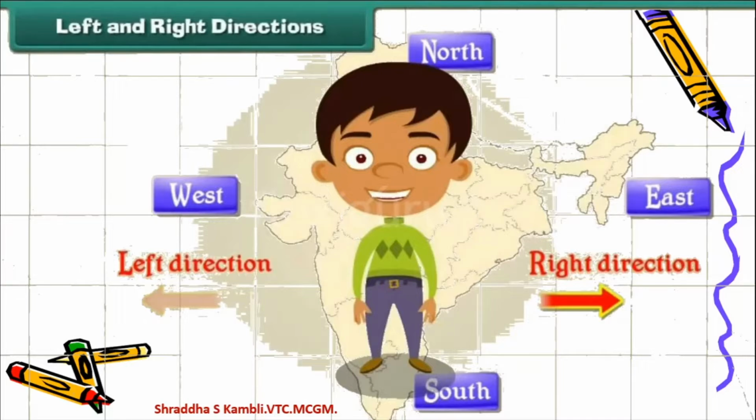But when you look at him, when you look at from his angle, the way he's standing and looking at us, it will be the opposite. And we have discussed this also, children. If you have forgotten this, you can open the first video and you can see where in the first picture itself, we talked about two children standing face to face and how their directions differ. Okay, so this was about directions that we did last time.